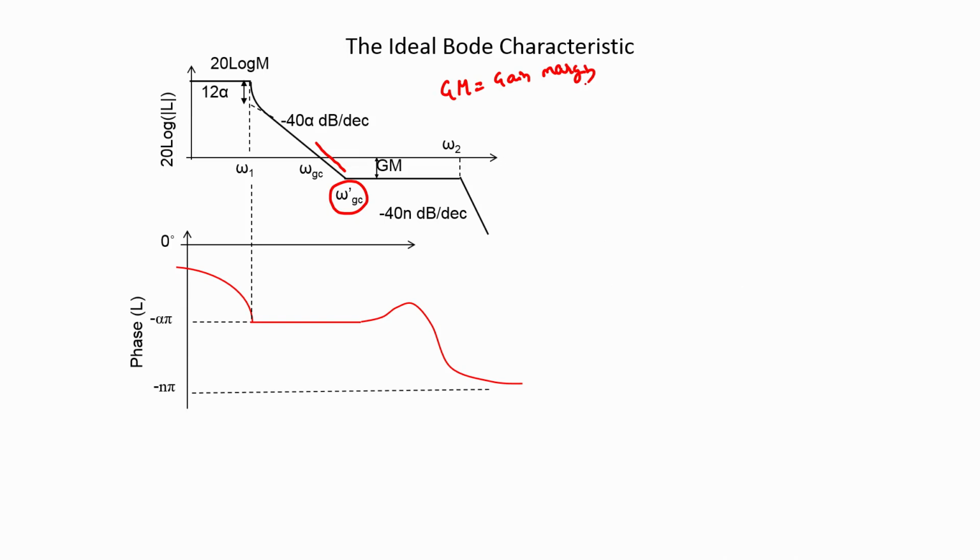Hence, even if there is uncertainty in the gain of our open loop system and the gain were to increase, we would still have the new plant with a different and a higher gain crossover at the minimum frequency possible